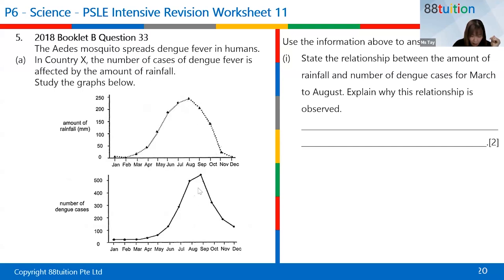But the peak for dengue is in September, right? How come there's a slight delay? How come there's so much rain in August, right? But then you only get the peak of the dengue